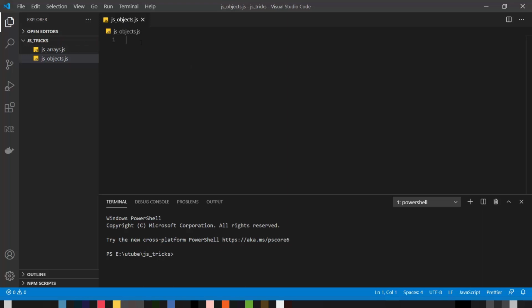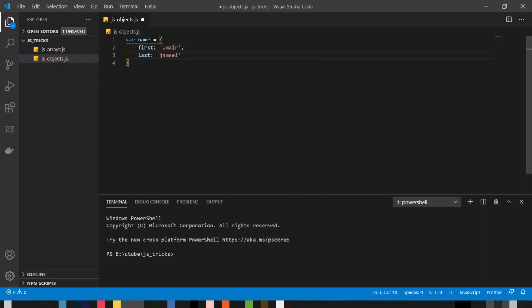So I've opened up a JavaScript file and I'm using VS Code. I would request you guys to open up a JavaScript code editor, or you can also use the console window of your browser, to try out a lot more awesome things of JavaScript, right? So first of all, I'm gonna create an object. So let's say I have created this object,